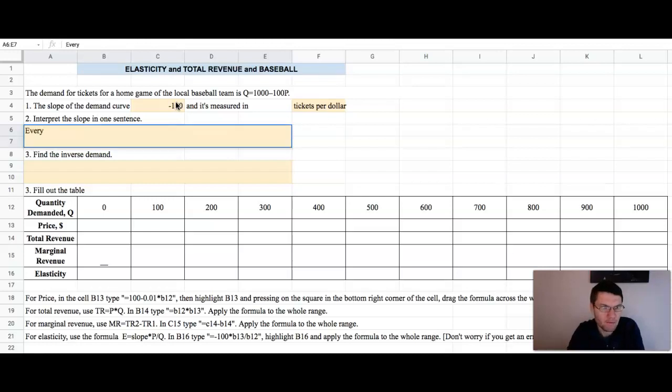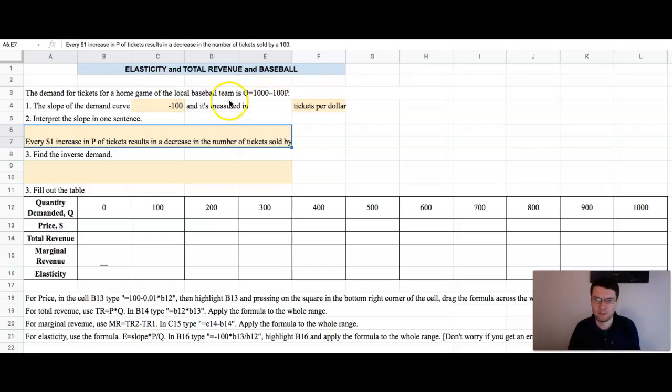Every $1 increase in the price of tickets results in a decrease in the quantity demanded by 100. Or alternatively, you can say in a decrease in the number of tickets sold by 100. So the slope of the demand curve is measured in units per dollar, in this particular example, in tickets per